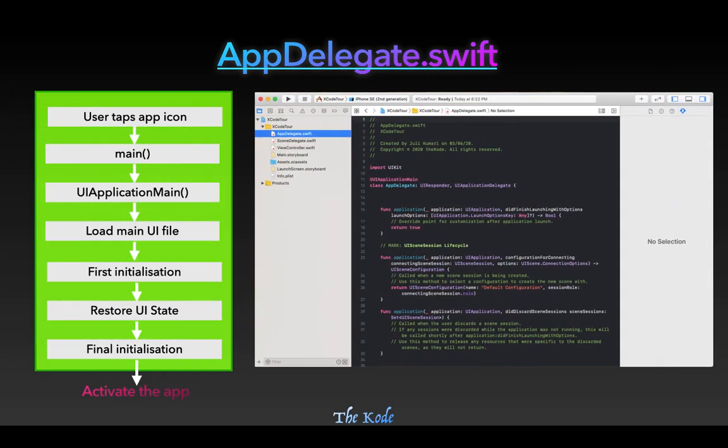Now here comes the appdelegate Swift file. What is appdelegate? Appdelegate is basically the main entry point. It is in charge of ensuring that your app states are handled correctly, the app states which we discussed in the previous slide: not running, inactive, active, background and suspended. So if you want to perform any activity under these states, it will be written here. Appdelegate is the single file in your iOS project.